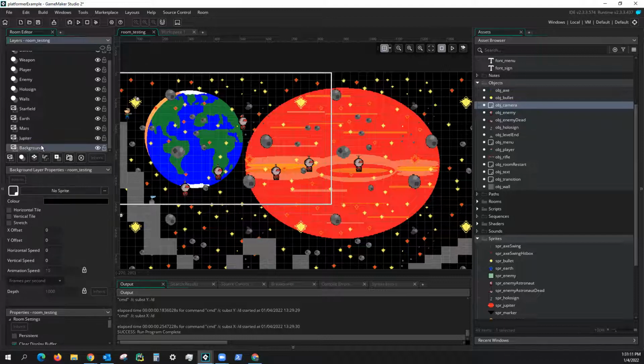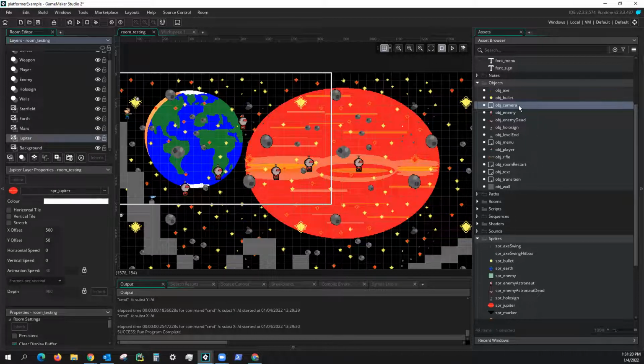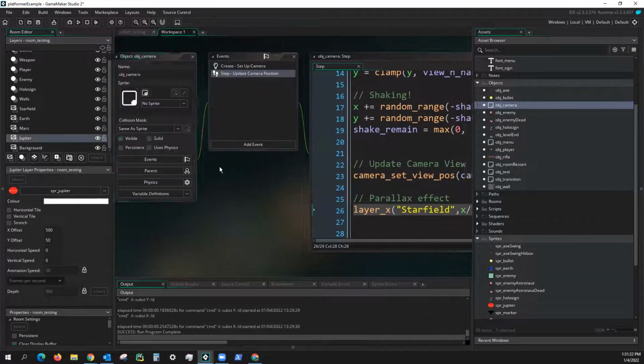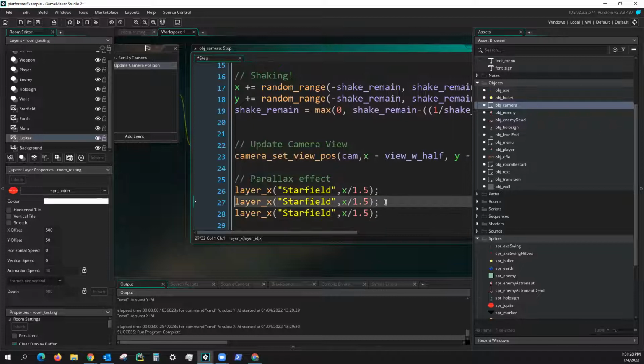And the darkness of space is all the way in the background. Okay. Now that we have that set up, let's go back to our camera object and add in other modifications for the other layers. So I'm going to modify Earth